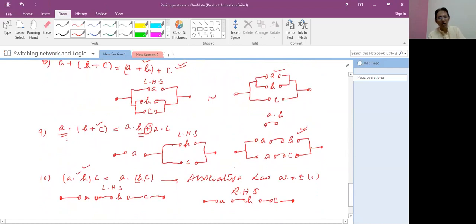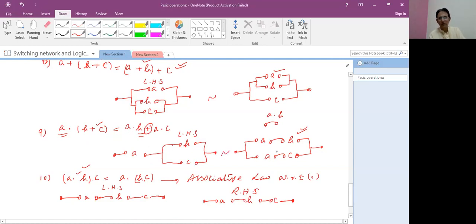Now distributive law: A dot (B plus C) is equal to A dot B plus A dot C. So we will convert it into parallel form only. A dot means multiplication, and B and C are both connected with a switching circuit in addition form, which is equivalent to